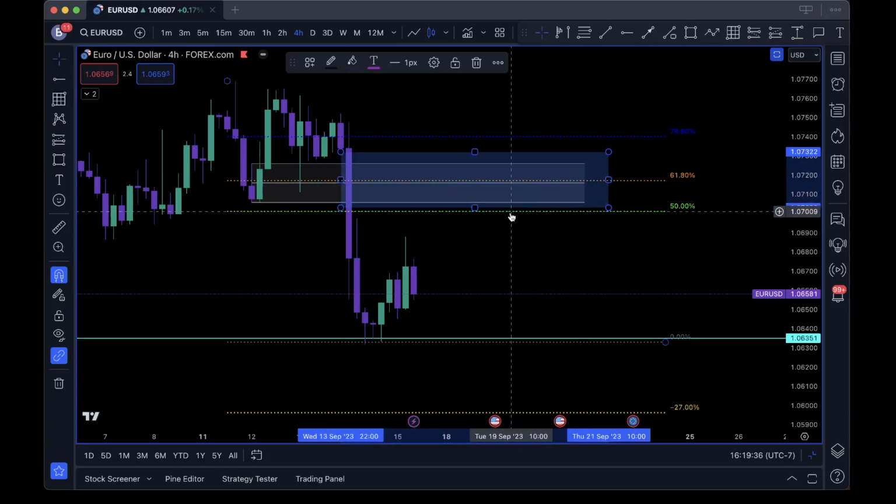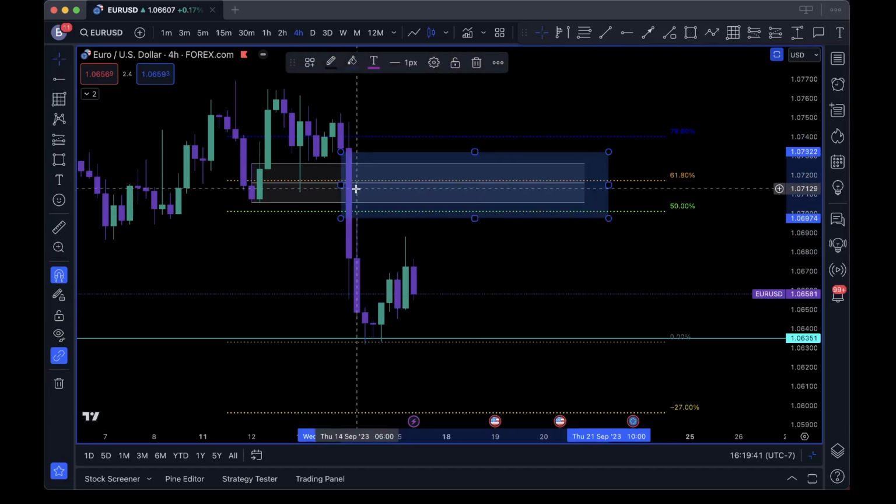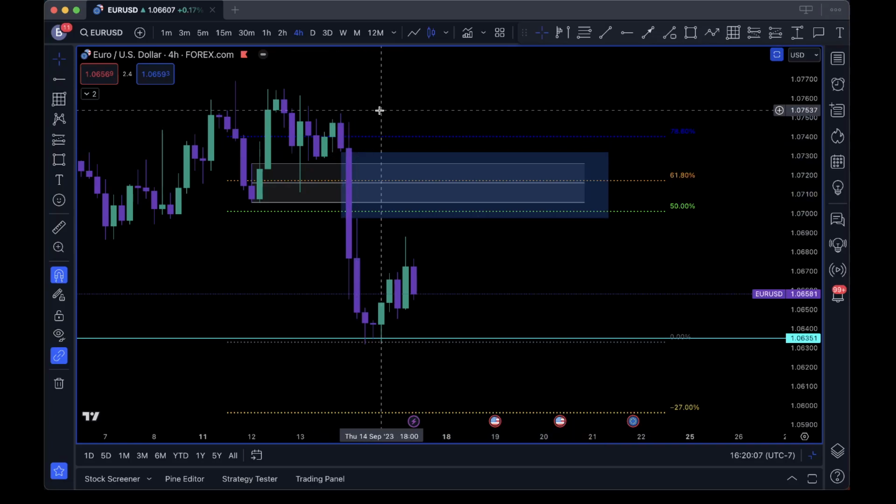So we're just kind of looking out like, okay, the market didn't fulfill these orders right here. So that's why we have this fair value gap right there, because the market essentially, when it booked price, it moved so fast that people who were trying to get rid of orders out here, let's say you were long, right? And you were hoping, hey, the market's going to go long, right? You had stop losses or maybe you didn't have a stop loss, right? Let's say you were a large institution and you were long for whatever reason, right? I don't know why you'd be long on this market right now, but let's just say you were, okay?